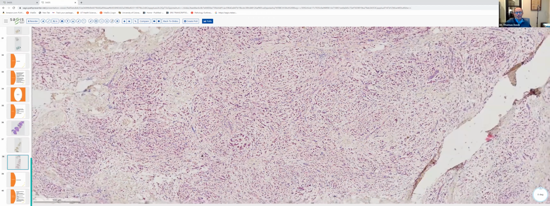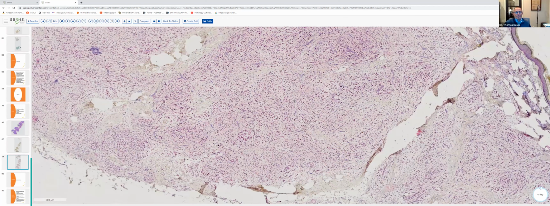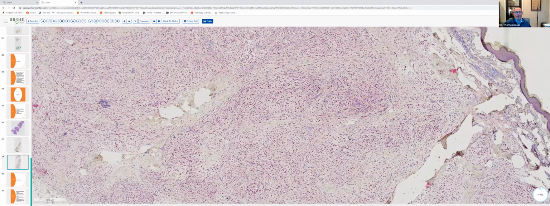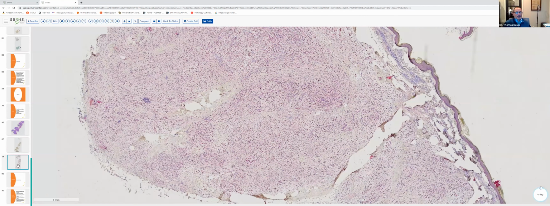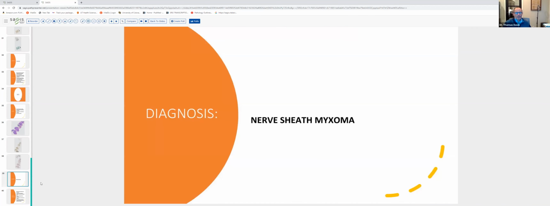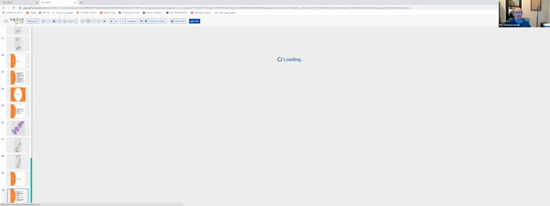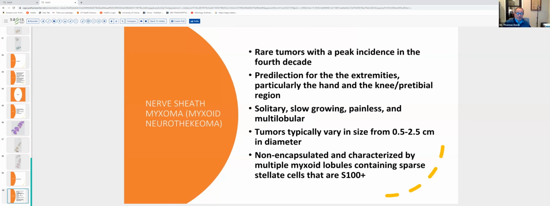I think you can actually even see the architectural configuration of this lesion a little bit better with the SOX10 stain. Well, these findings are diagnostic of a nerve sheath myxoma, which of course is a nerve sheath tumor. And as you're probably aware, nerve sheath myxomas have also been reported in the literature in the past as myxoid neurothekeomas. They're relatively rare tumors,